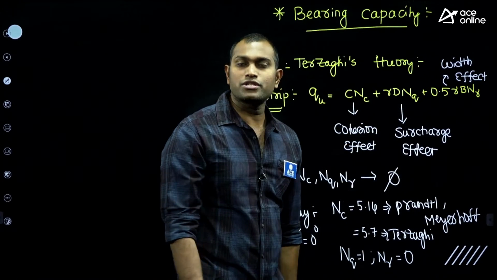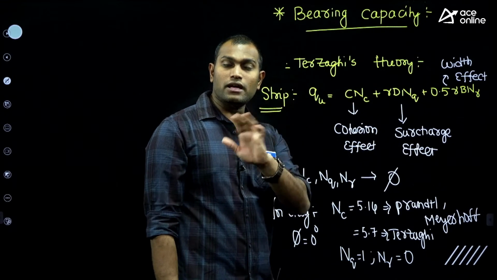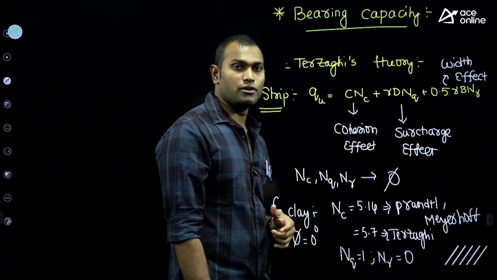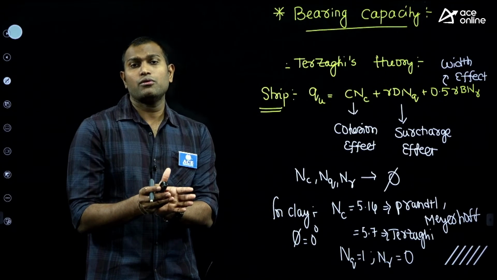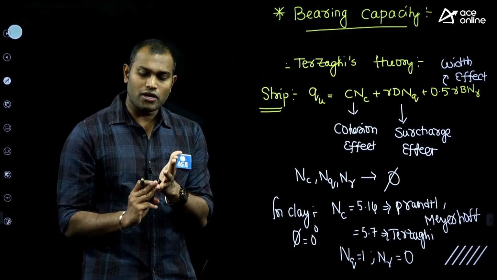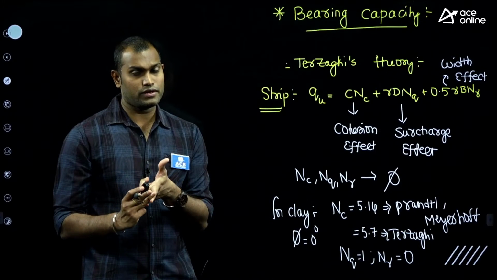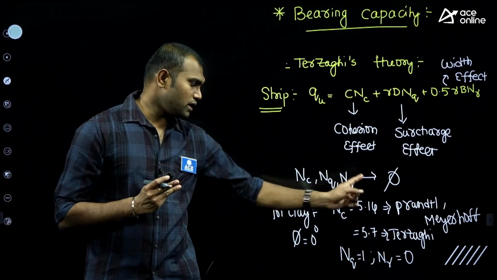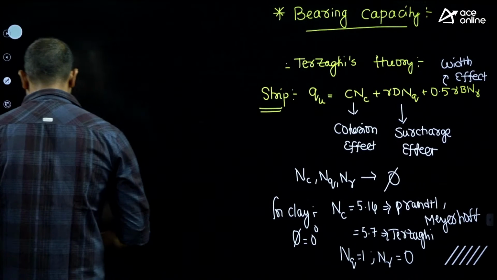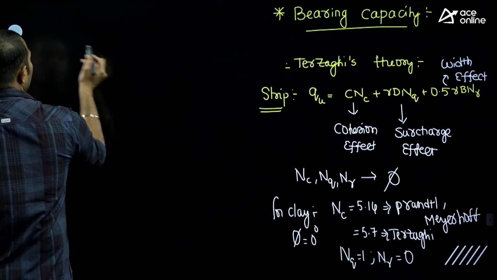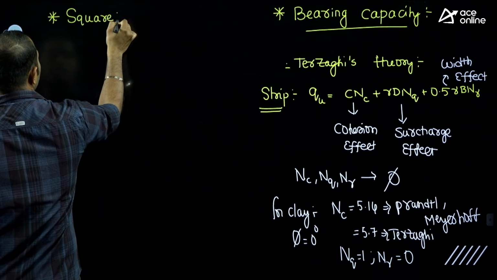If I say the soil is cohesionless, then the cohesion effect will be gone. If I say the footing is on the surface, then the surcharge effect is going to be gone. So based on the given question, you have to understand whether it is a cohesionless soil or cohesive soil, whether it is at the surface or below the surface, whether they are asking with respect to Meyerhof theory or Terzaghi theory. And for the different footings,